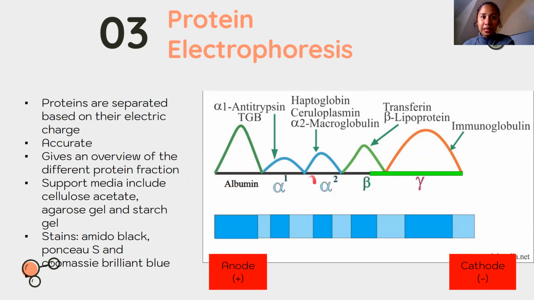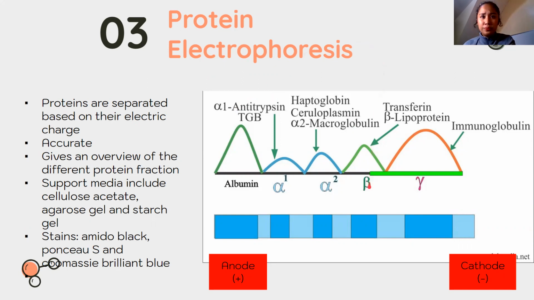So, after ng albumin ay ang mga alpha-1 proteins. Alpha-1 proteins ang tawag sa kanila kasi nagmamigrate sila sa alpha-1 area. So, example of alpha-1 is alpha-1 antitrypsin. We have thyroxine-binding globulin, TBG. Please paki-search kung ano ang ibig sabihin ng binding globulin, at kung ano ang ibig sabihin ng TBG.